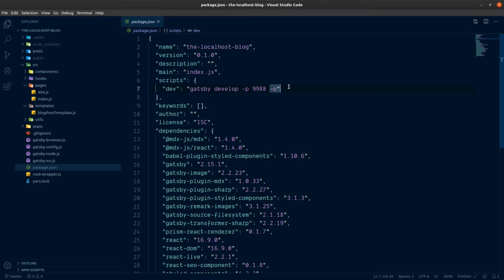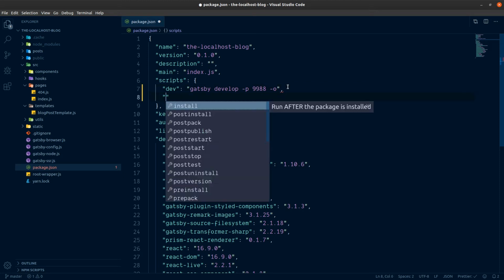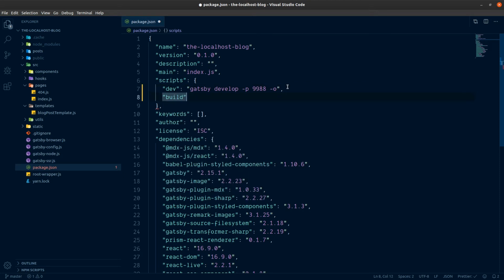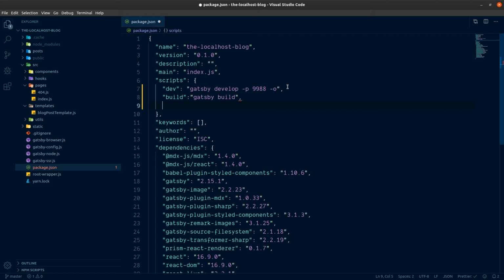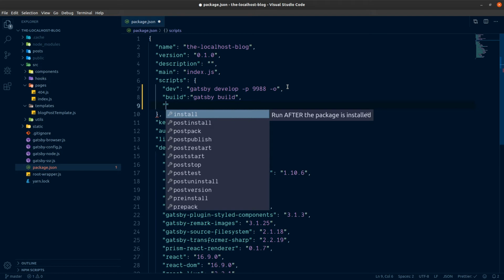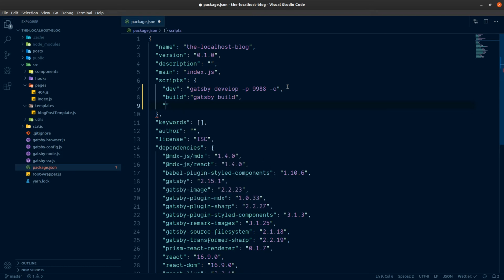And those are going to be build, which will be Gatsby build, and we're going to build this locally as well. And Gatsby has the Zeit serve built in internally, so we're going to use that as well just to check the meta tags before we publish it online. So we're going to use serve,